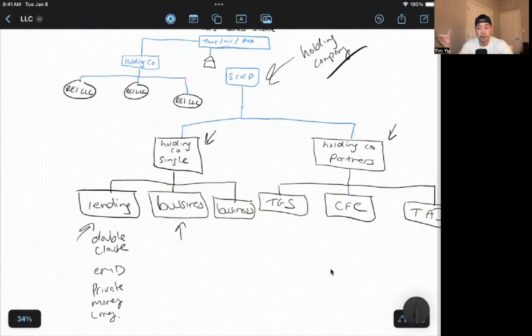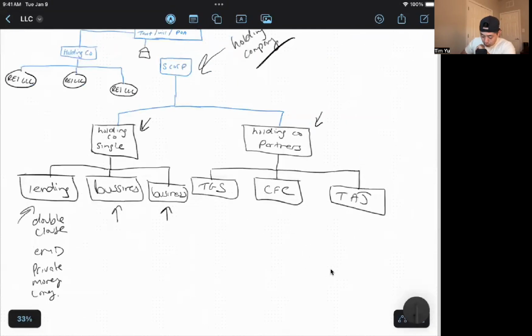This is a business that I actually own passively. This is my title company. This is my AI software business that's all in here. So these are all passive businesses that I own, and my LLCs are in here. And then this is just a real estate business that I own on the side. So this is any software businesses that I own. So this is more on the active side.